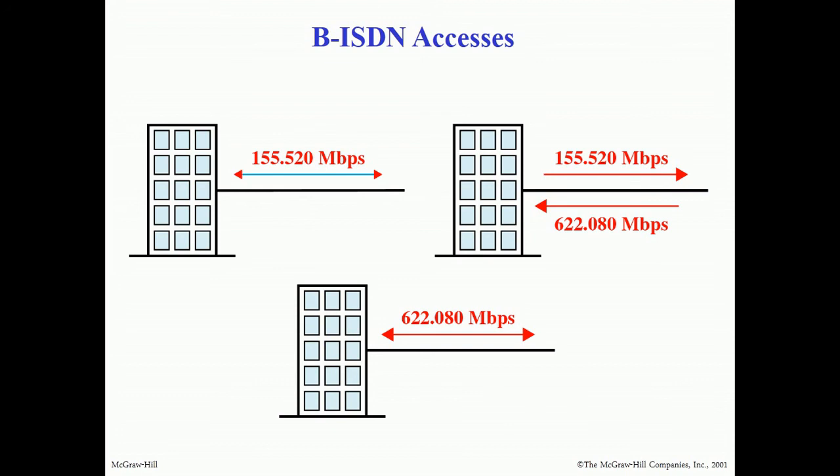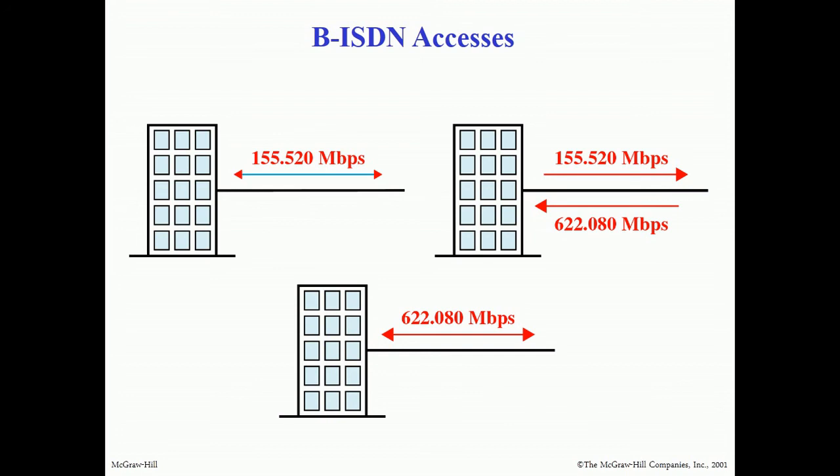narrowband ISDN. In narrowband ISDN it works on circuit switching technology, but in the case of broadband ISDN it is based on ATM technology, which works on packet switching. So packet switching is used in broadband ISDN. Narrowband ISDN consists of twisted pair cables, but broadband ISDN cannot be sent over existing twisted pair